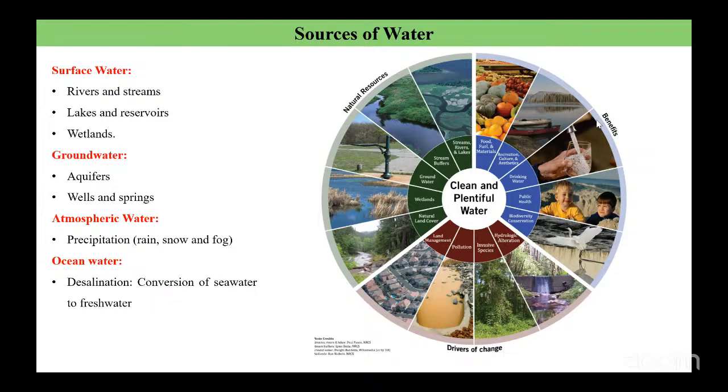And this is biodiversity conservation. With a good water source and good quality water, there will be good biodiversity as well. And these are the other drivers for change, where the water is getting deteriorated in the form of hydrological alteration. If there is no proper flow of water, there will be more stagnant water, due to which more of it is getting contaminated or polluted, due to which more insects come out from it, and due to invasive species, unnecessary plants are getting involved in this, and the pollution as well.